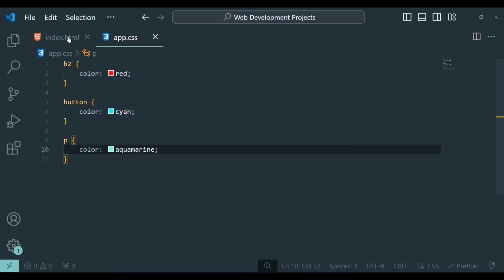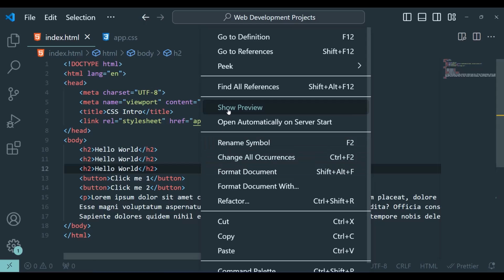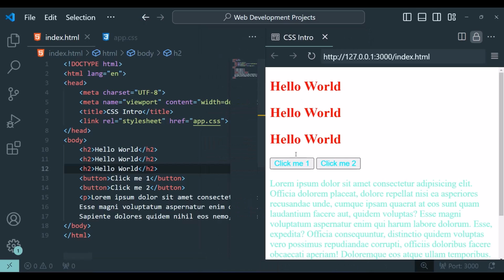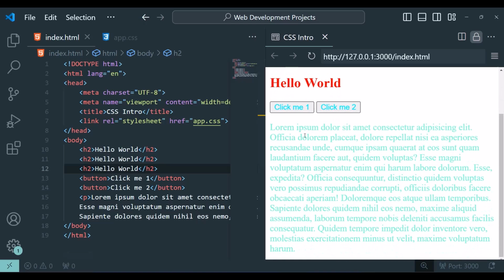The color property only changes the text color, so it's gonna change the content of the element, but it's not gonna change the background color. For that we need to use background-color to change the background. Now if I show preview, you have hello world, the 2 buttons as you can see here, and the lorem ipsum text being displayed, and as you can see the color is changed.